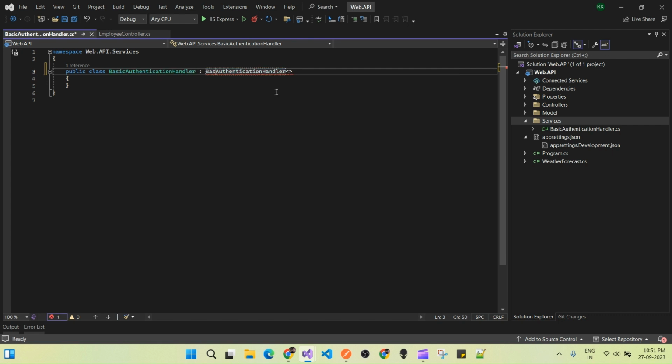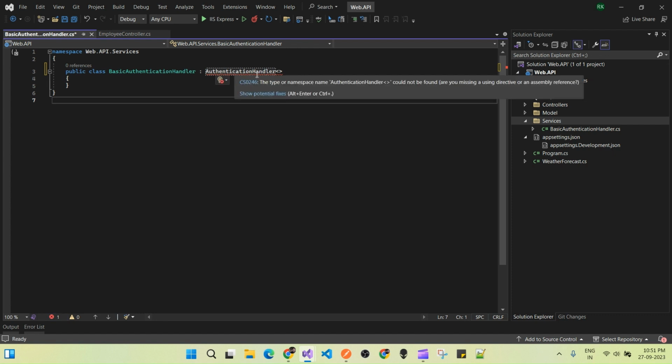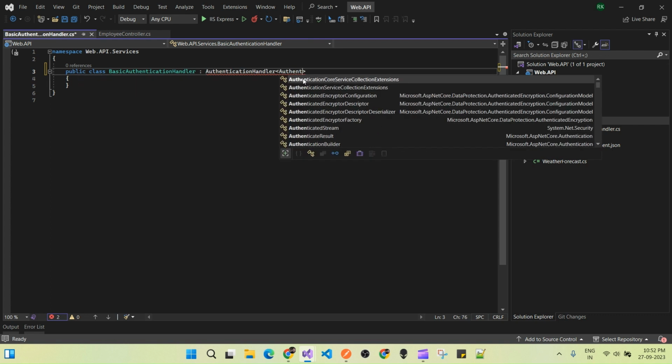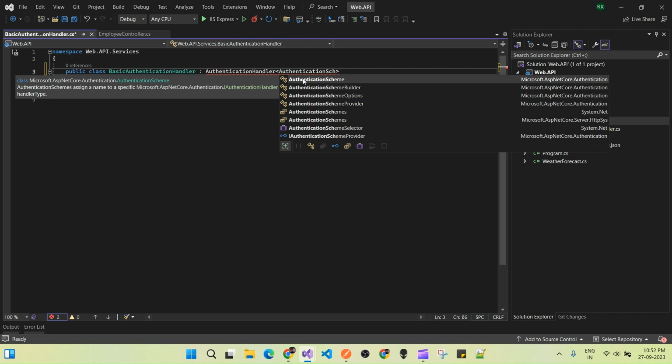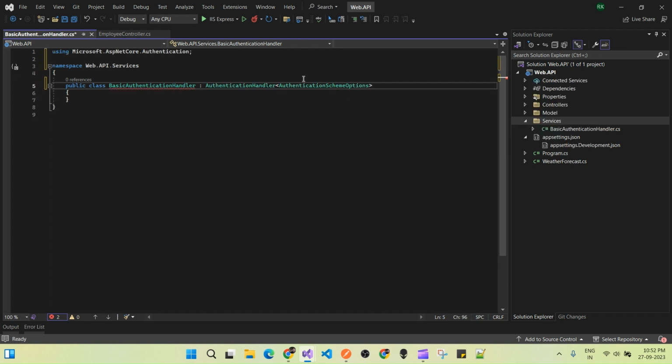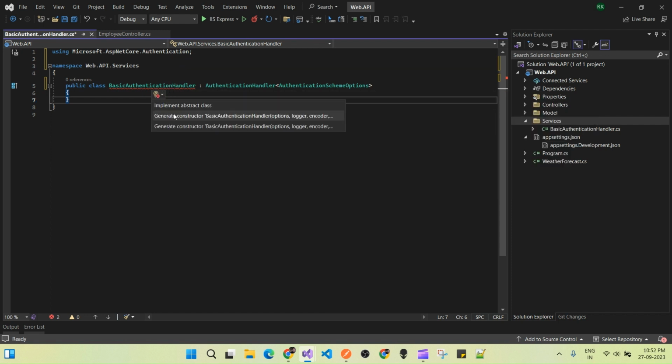Just remove the word Basic, then AuthenticationHandler, and type AuthenticationOptions. Now we have added the namespace Microsoft.AspNetCore.Authentication, and go to this section and implement